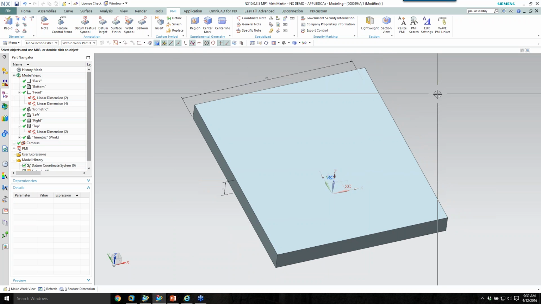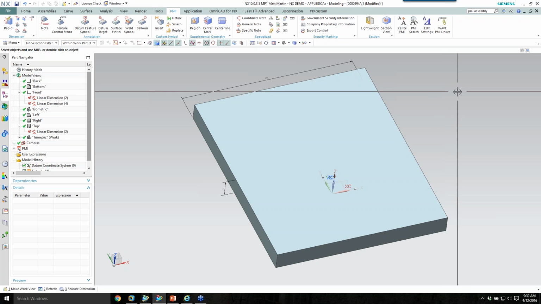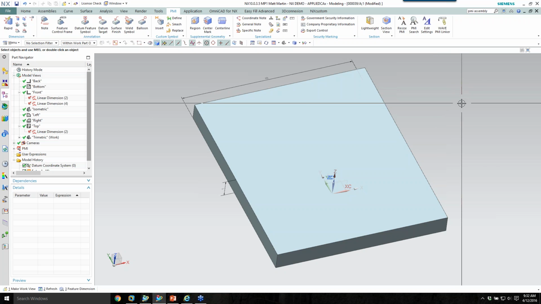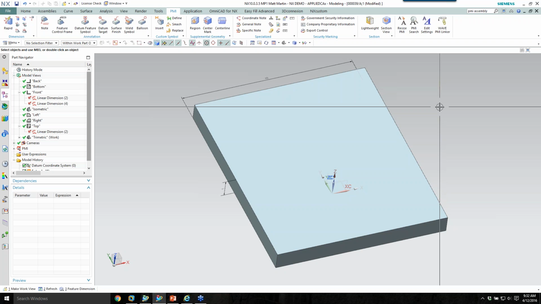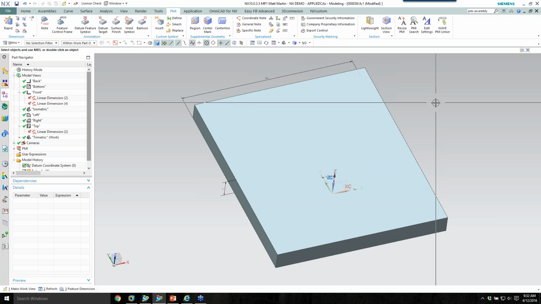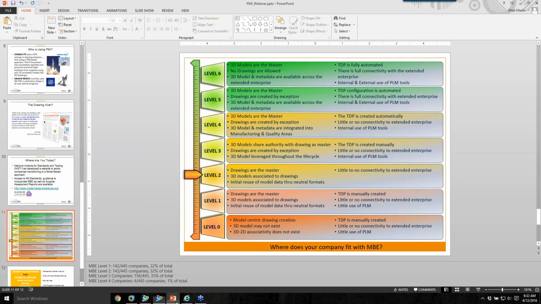With applying the PMI as I'm working through and creating the model, I can see where I'm going, what I've covered already. If I have a hole that needs to be toleranced and I've not quite toleranced it yet, like a slip fit or a press fit for a pin, I can go back and edit that, and then pull out information into my drawing views, and make my drawing cycle a little bit shorter by using the PMI that I've already placed on the model. So with that, that's pretty much all I wanted to show in PMI and NX